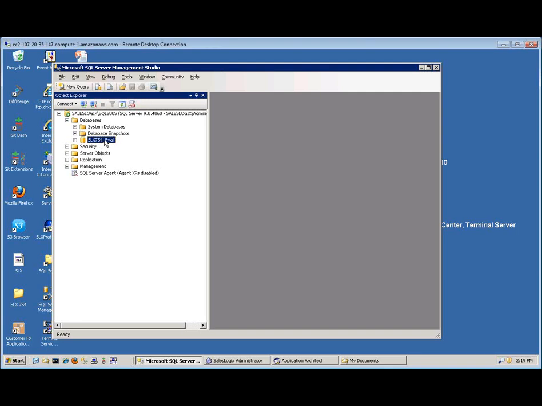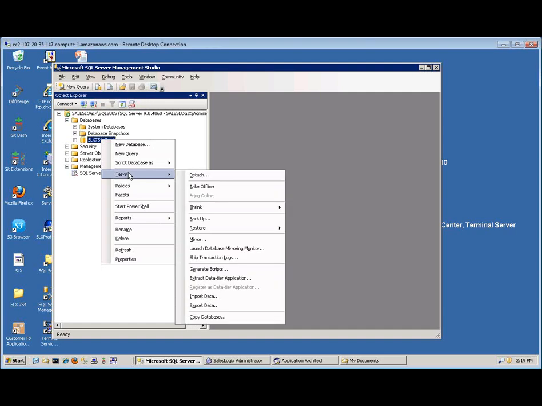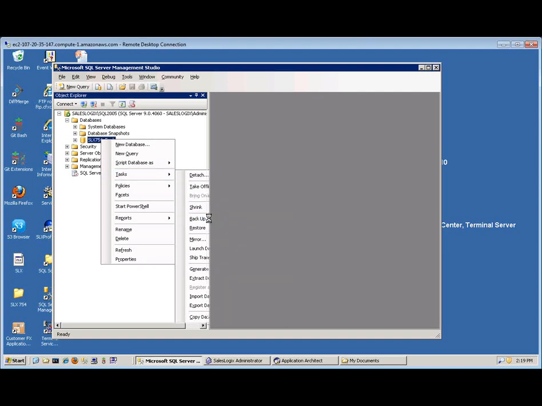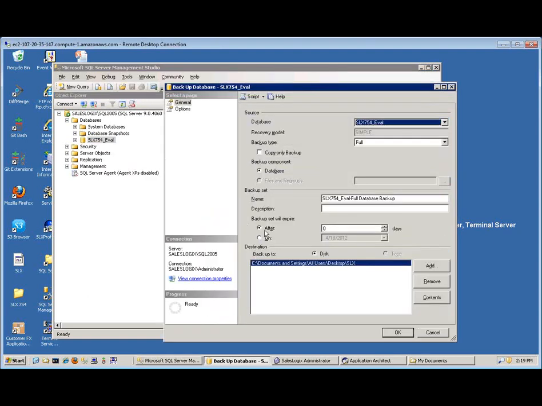You're going to kind of have to work with me because I'm going to show you both operations on one server, but obviously you should do the backup on your on-premise server, and then you open the same application and you do the restore on the cloud server. So that's just a matter of right-clicking on the database, the blank database that's already there. You click into tasks and you do a backup,